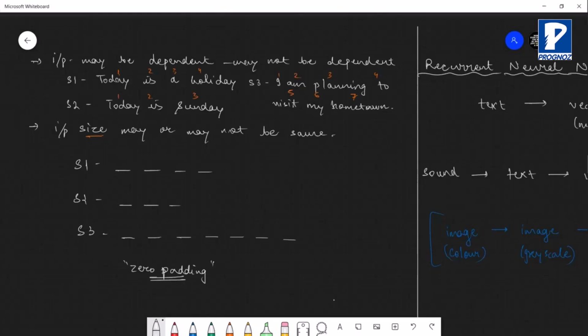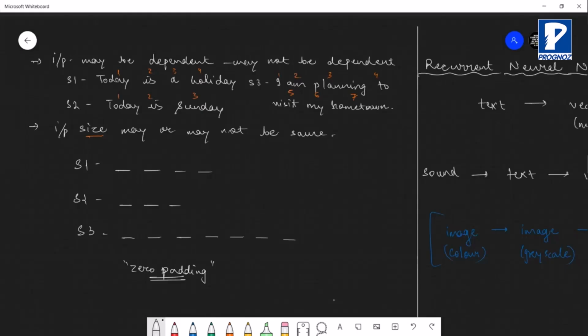अब जीरो पैडिंग में क्या होता है कि जो भी स्टेटमेंट सबसे लंबा है उस स्टेटमेंट का लेंथ को पकड़ लो, बाकी जितना भी स्टेटमेंट है उसमें जितना भी गैप रह जा रहा है उसमें जीरो डाल दो। कहने का मतलब है कि यहाँ पे S3 में सबसे ज्यादा नंबर ऑफ वर्ड्स है 7, ओके।